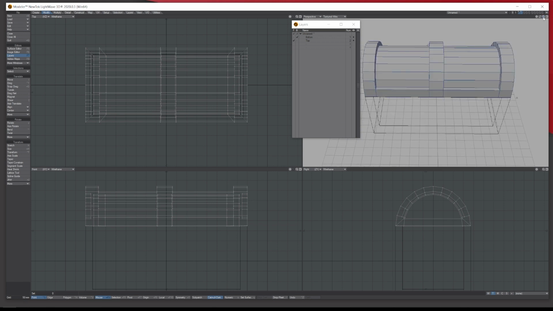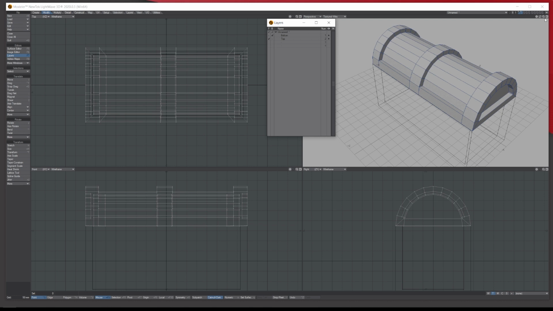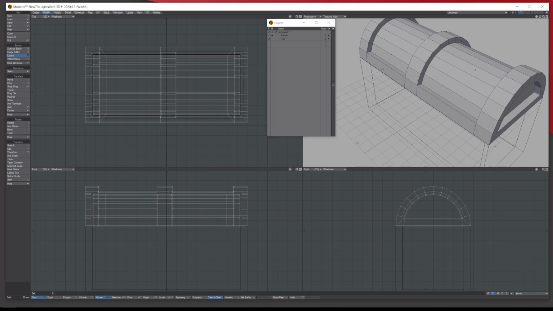Okay, I think next bit is these edges here are quite sharp, so let's select the edges of both sides and chamfer them so it gives it a bit of a bevel. So I'm going to switch to the edges tool, and then I'm going to start selecting the edges around this edge here.